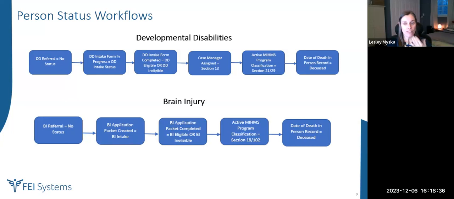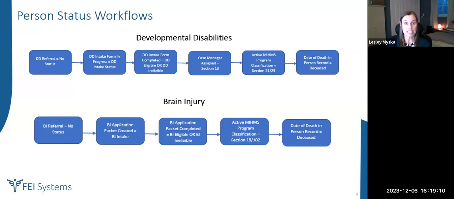So after they've been found DD eligible, then they'll be sent their letter letting them know that they're DD eligible and that they can choose to accept case management services. Once the person accepts their case management services, then a case management acceptance form will be created in the system for them. And this will allow the community case management liaison team to create the case manager assignment,